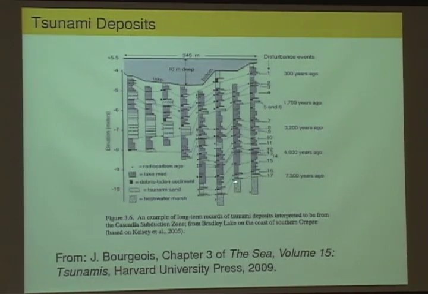And they can correlate between different locations, events or deposits that were from the same event by looking at things like radiocarbon dating of some of the material, or looking also at layers of ash from various volcanic eruptions that they can date by other means. And then they can correlate what they find at one place in Oregon with what they find in California or in British Columbia, and they can tell which of these events were very large magnitude 9 events that affected the entire subduction zone, for example. So that's how they have an idea that these tsunamis happen every 500 years on average.